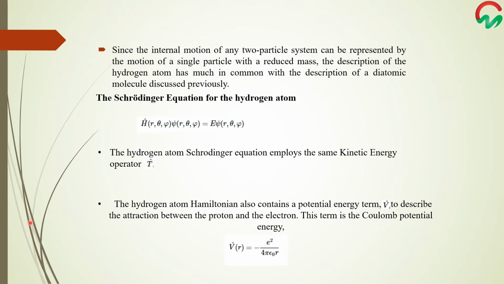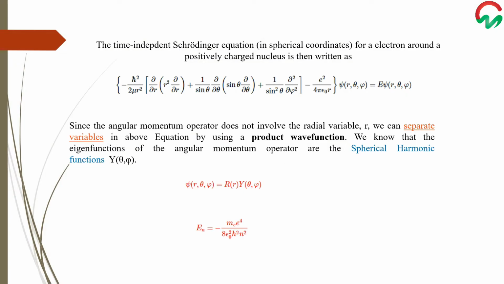The hydrogen atom Schrödinger wave equation implies the same kinetic energy operator T hat, and the hydrogen atom Hamiltonian also contains a potential energy term V hat to describe the attraction between the proton and electron. It is given in terms of the Coulomb potential energy, which is V hat equals minus e squared over 4 pi epsilon naught r. Students, for the hydrogen atom, the distance r between the two particles can vary, unlike the diatomic molecule,